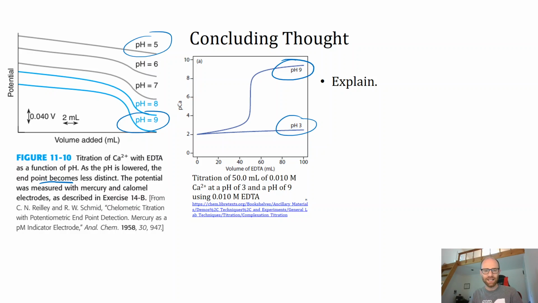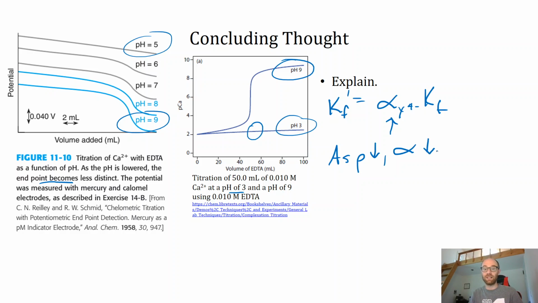Why is that? As the pH is lower, the endpoint is definitely less distinct. Why is that? Keep in mind that all of these curves are based off of K prime F, which is equal to alpha Y4 minus times KF. As pH decreases, alpha decreases a lot. Sometimes you can probably pick certain examples where at low pH,